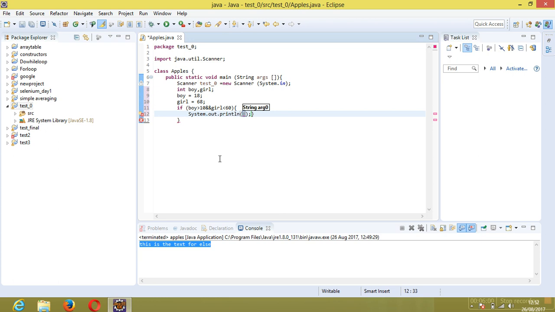In brackets I'll write down what I want the system to print. I'll write, let's say, enter. Okay, so this is a set of if statement. If that is not true, what will the system do? It will go on to the else part and it will print this one,